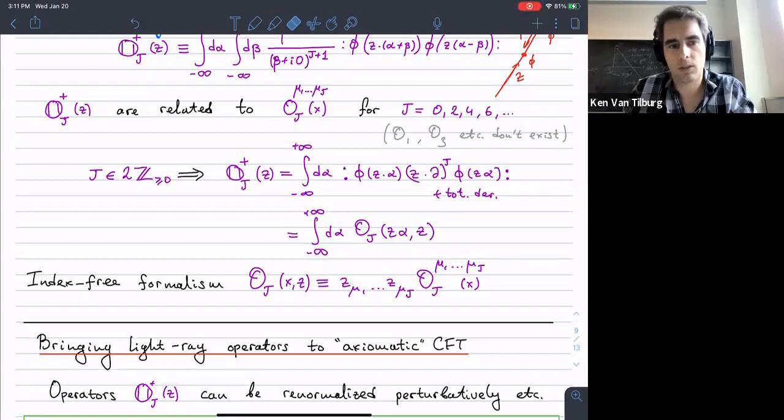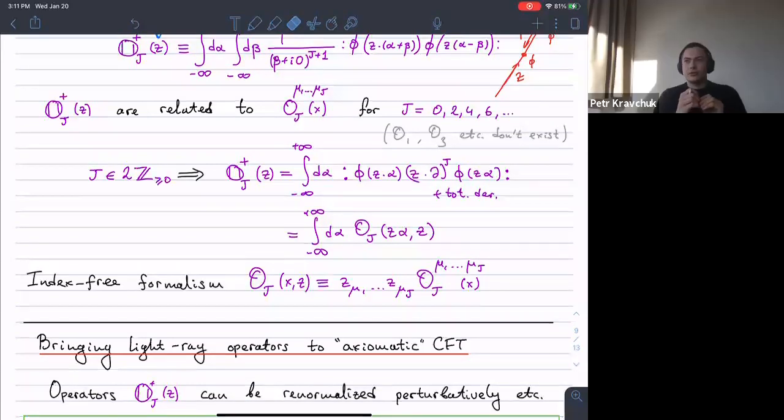But similarly, you can build up all the higher point correlation functions if you know the two-point functions, let's say. Well, I think the question of whether the operator product expansion is convergent in theories with a scale is not